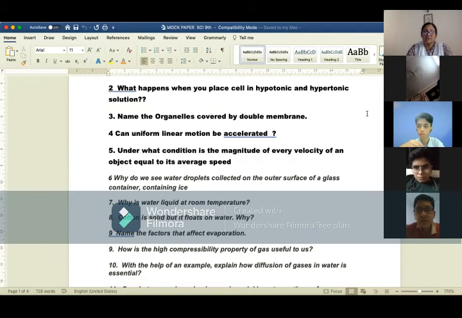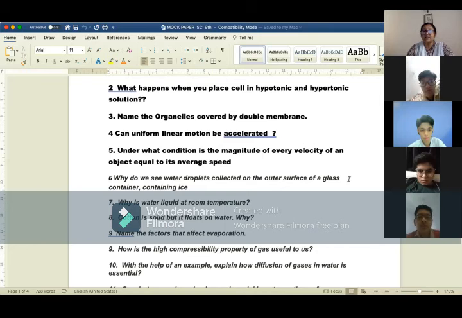You will write down that the boiling point of water is 100 degrees Celsius. It converts to a gaseous state when raised to the temperature of 100 degrees centigrade. Then it will change into steam or gaseous state. And it freezes at 0 degree centigrade. So if the temperature becomes 0 degree centigrade or below, then it will solidify. Otherwise, from 0 to 100, it will remain in liquid state in its natural condition, isn't it?